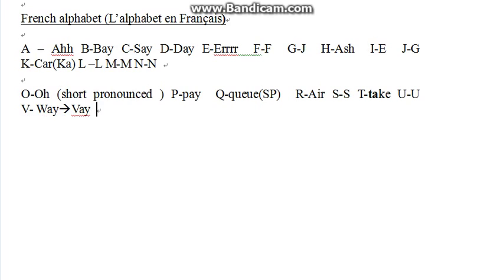For W, it is W, which means 2 times V or double V. So W. It's just W. X. X is X. Can't really think of a way. Then for Y it's Y. I know it's a bit hard to pronounce, but you have to get used to it. Z. Z. Then for Z is